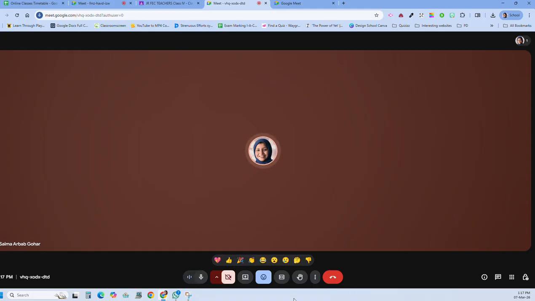These are the things that I have already told you. These are the emojis. This was discussed. This was discussed. Sharing screen was also discussed. That's about it. Any questions if you have, you can ask